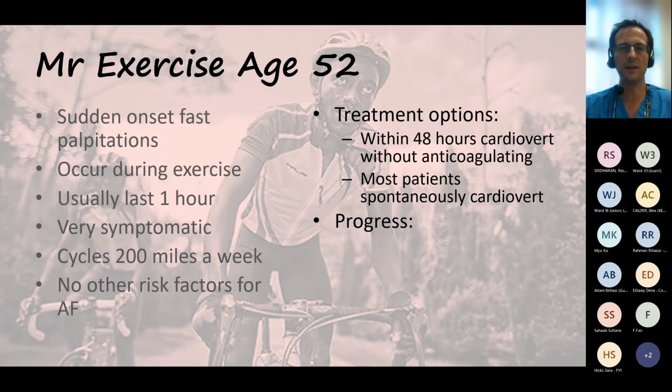The vast majority of people like this will spontaneously cardiovert. So you could give him a bit of beta blocker, slow him down, and expect next day for him to have cardioverted, and then you can electrically cardiovert him if he hasn't. I would be very surprised if he doesn't cardiovert himself. So while you could give him some electricity, there's probably no need, and I wouldn't particularly give him IV amiodarone,